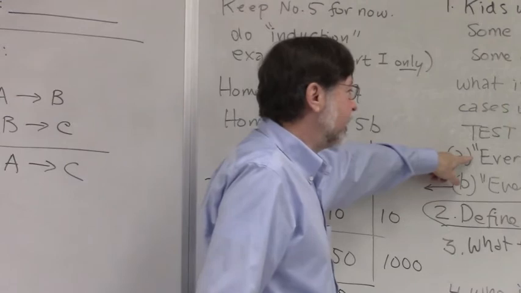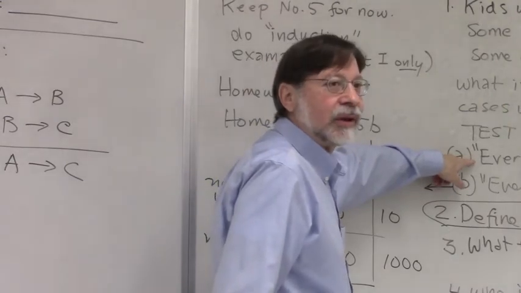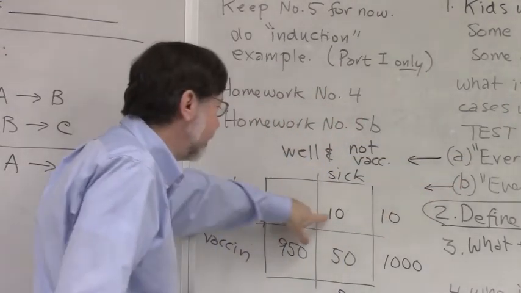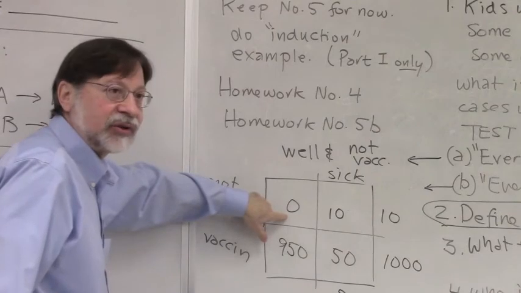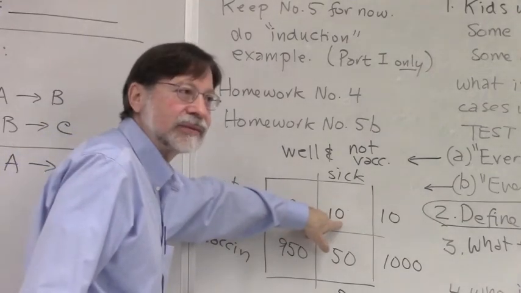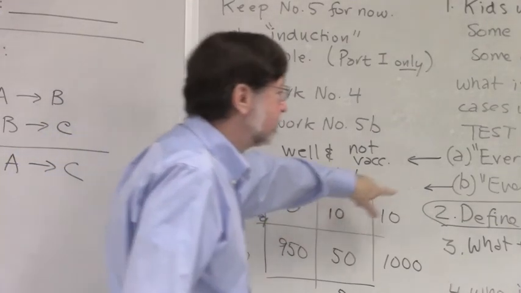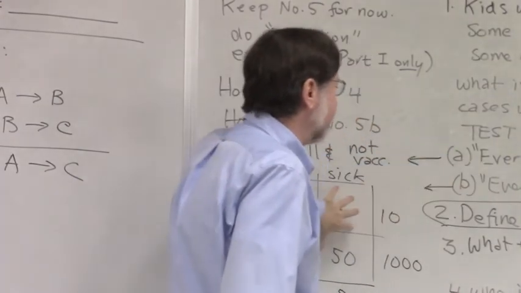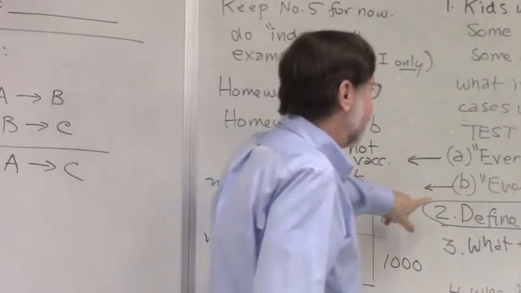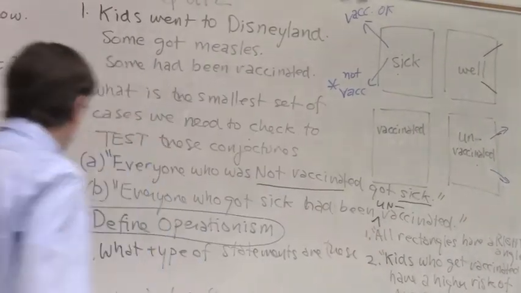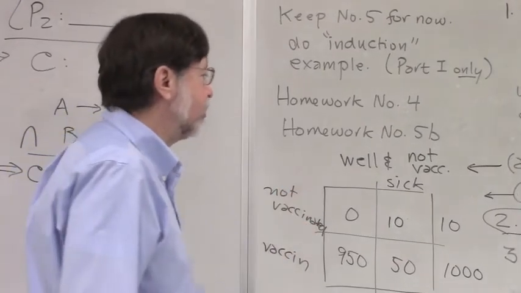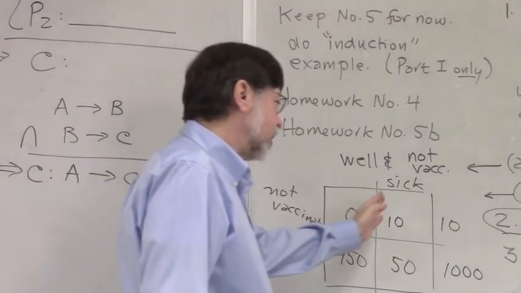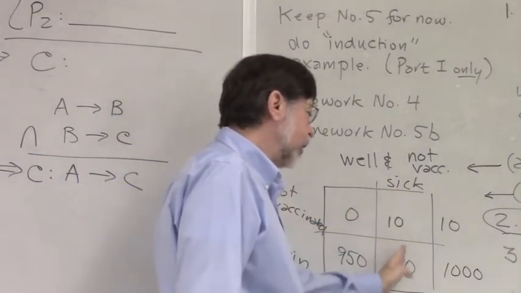This is the one that really matters. Everybody who had not been vaccinated got sick. So A is true of this matrix. Everybody who got sick had been unvaccinated is not true of this matrix. All right? So this gives you an idea and also tells you that the percentages, the way they're reporting it